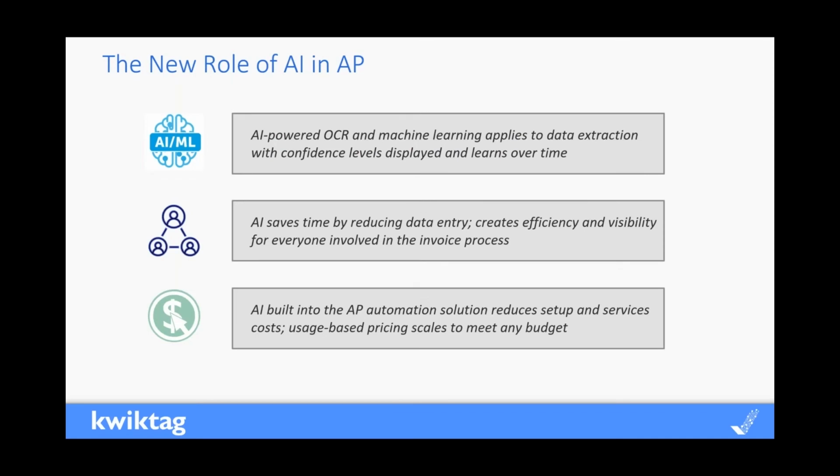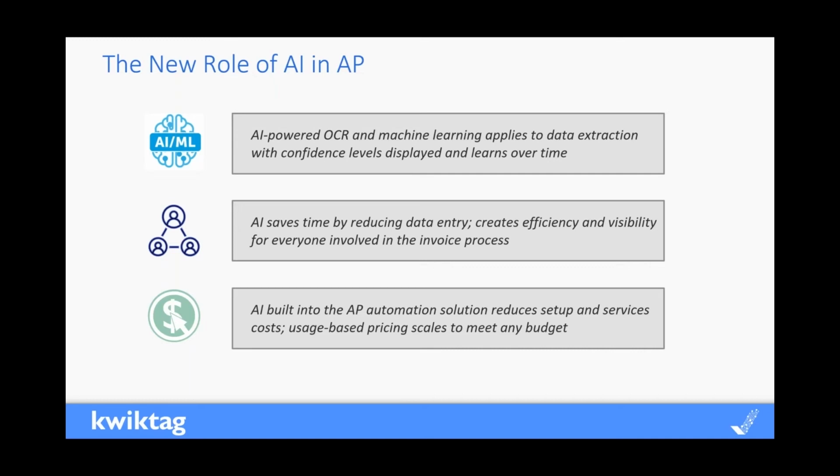So what does that look like as we think about artificial intelligence as part of this process? Well, what we're seeing with many of our customers and working with partners is that AI is really becoming an expectation, but a lot of organizations don't know exactly where that's going to fit for their process. So we're going to give you some examples here, and then we're going to show you what it looks like specifically within SimplyAP.